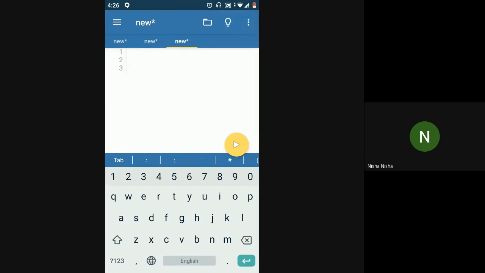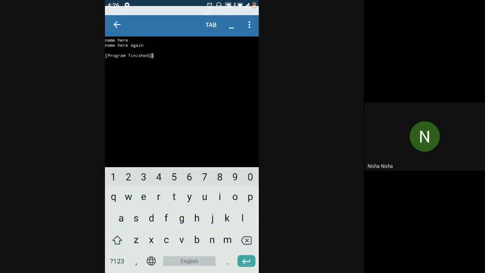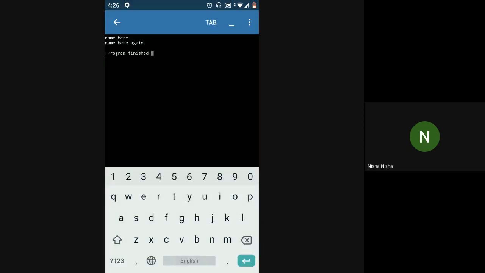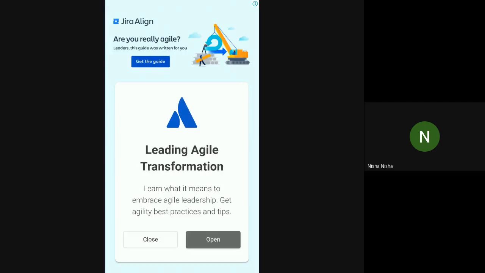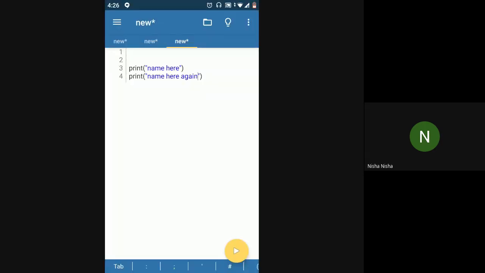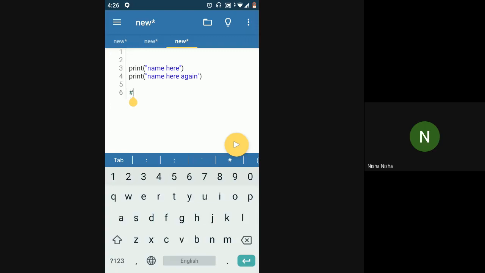Okay. So now if I'm saying print name here, and then I again come and say print name here again, both of these things will be printed in two separate lines, right? So if I want to print them one next to the other, side by side, I'll just say comma, end is equal to.